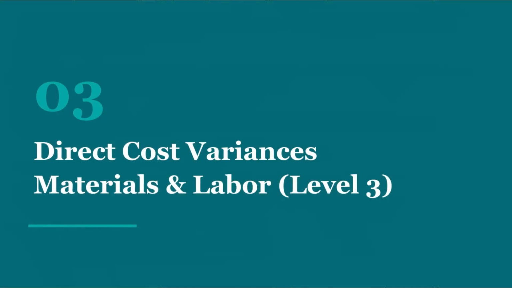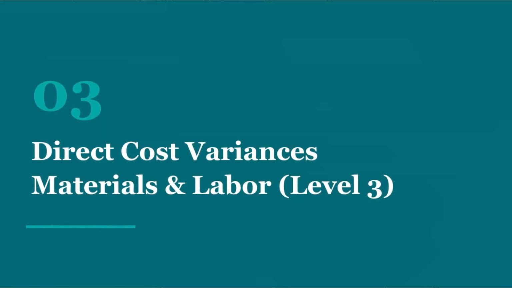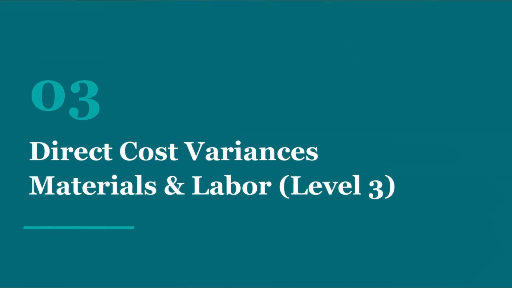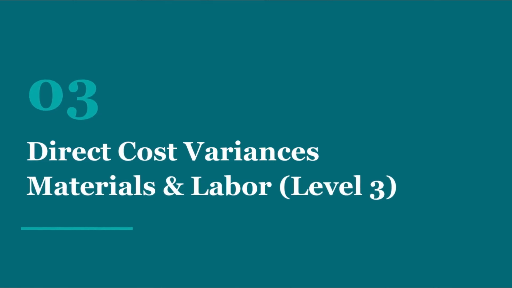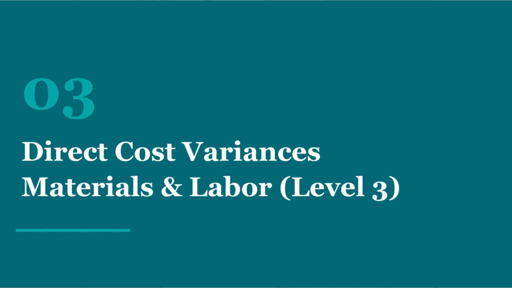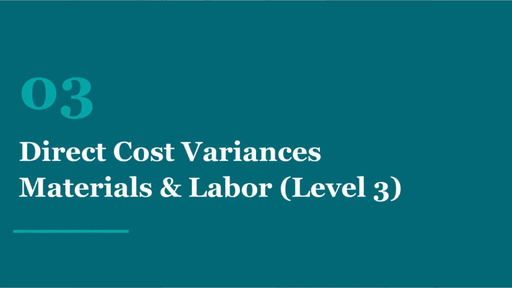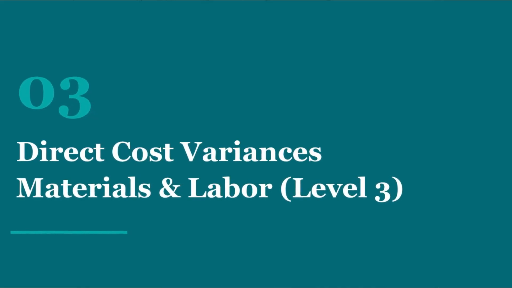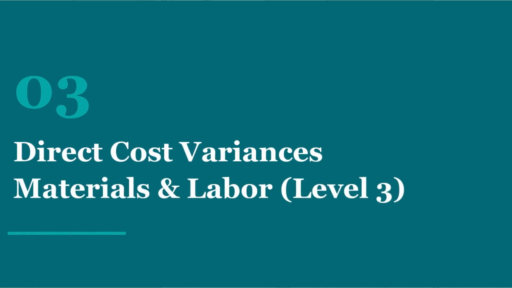Now we enter Section 3. Direct cost variances for materials and labor. These Level 3 variances break down into price and efficiency components. We'll examine how buying materials at different prices and using labor time effectively uncovers clues to improve cost performance on